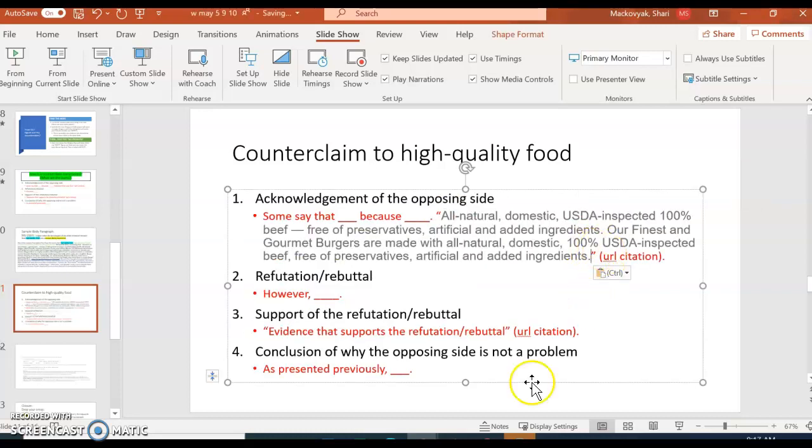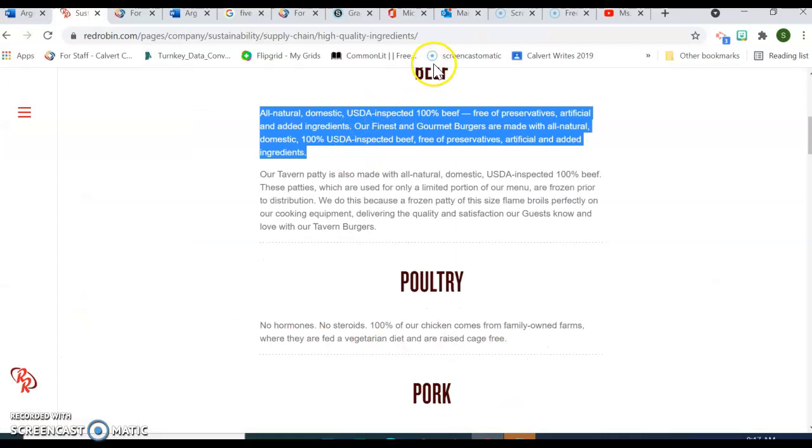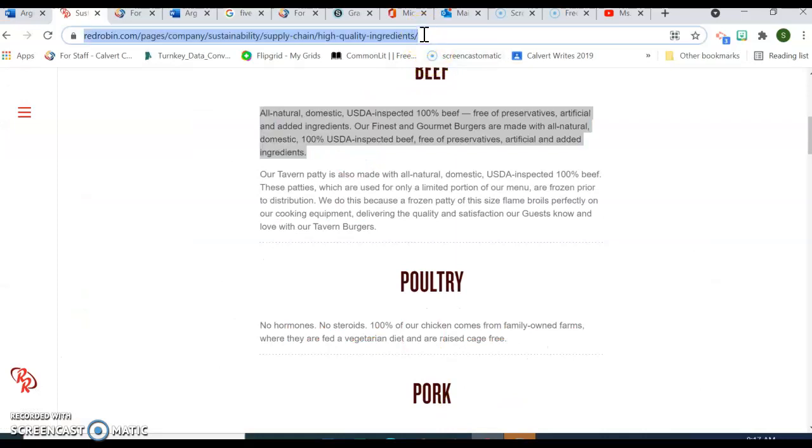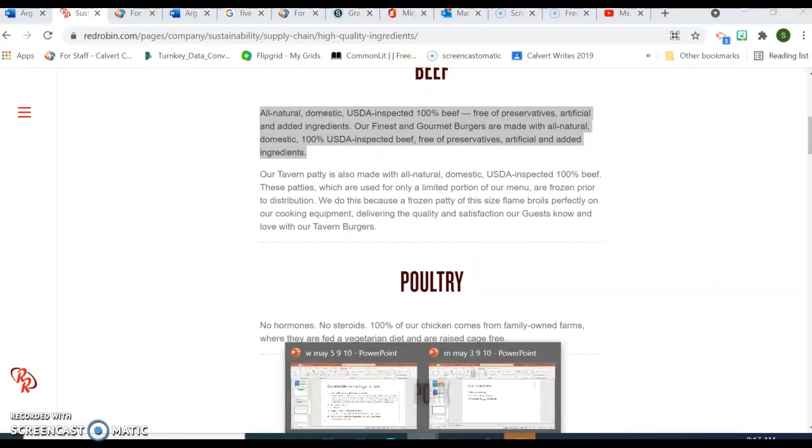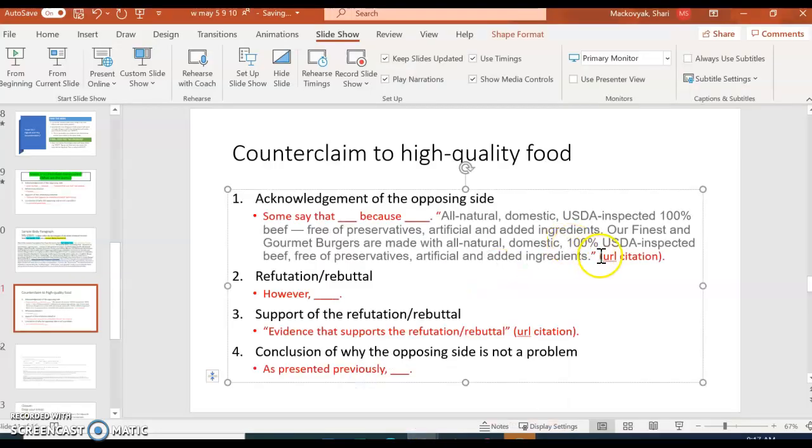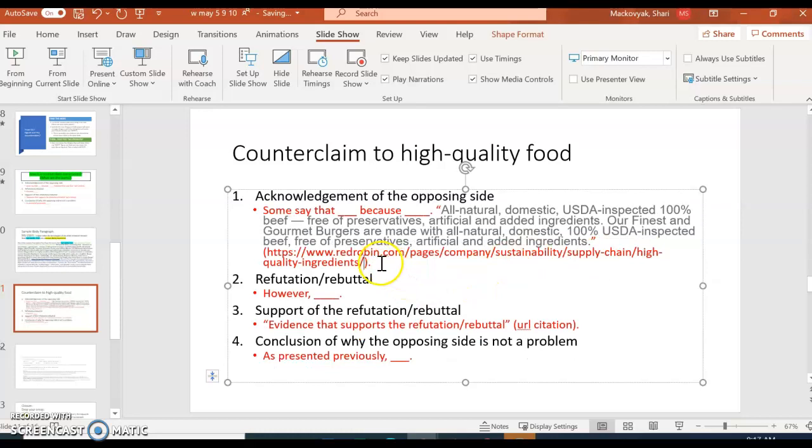All right. And for the purposes of the project we're currently doing, a URL is acceptable. In the future, though, we know that when we're not doing distance learning, that's not an acceptable citation. I know I'm going to need to drop something else in here, but this is good to start. So this is my evidence for the opposing side.